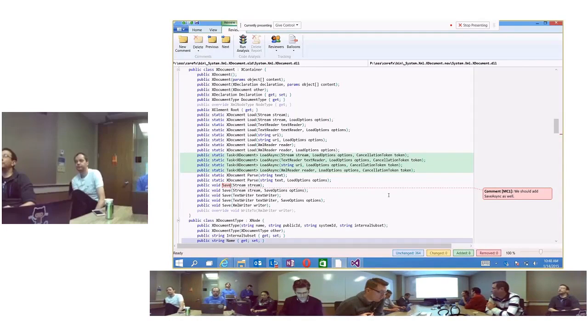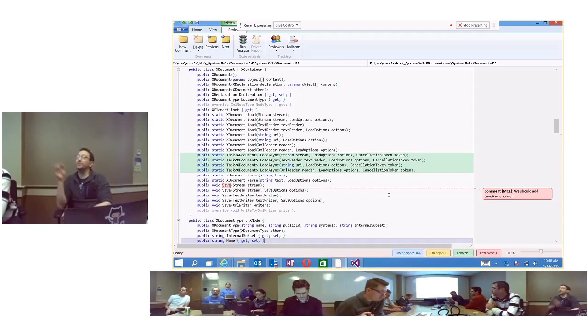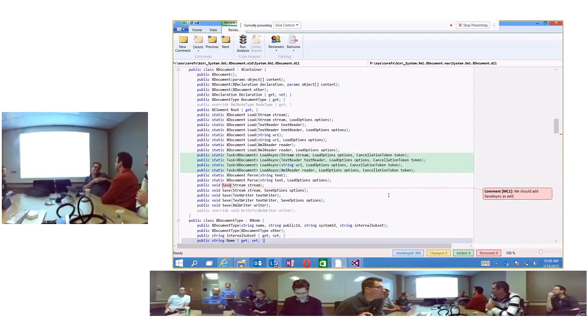I don't remember. The other thing is load async. I don't know how this works. I'd like to look at the implementation of this because I don't know how load async with the URI is going to work, because isn't the resolution of the URI